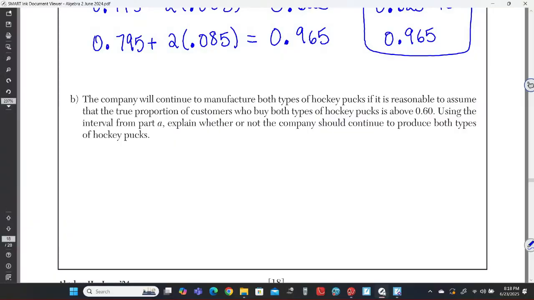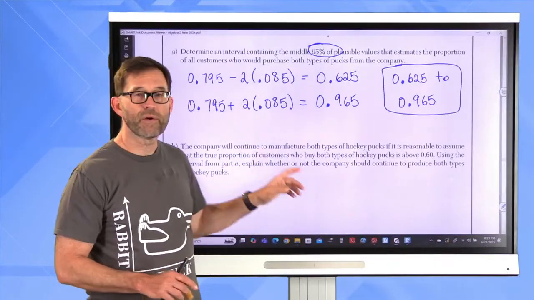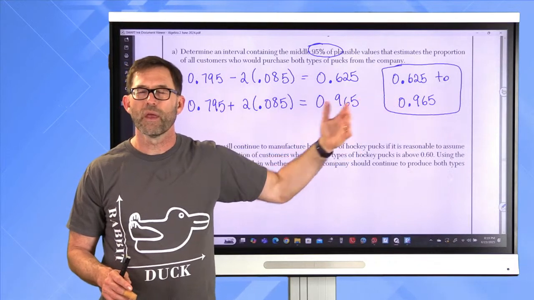The company will continue to manufacture both types of hockey pucks if it is reasonable to assume that the true proportion of customers who buy both types of hockey pucks is above 0.60. Using the interval from Part A, explain whether or not the company should continue to produce both types of hockey pucks. All right, so it's very often the case that they ask us to create an interval and then do